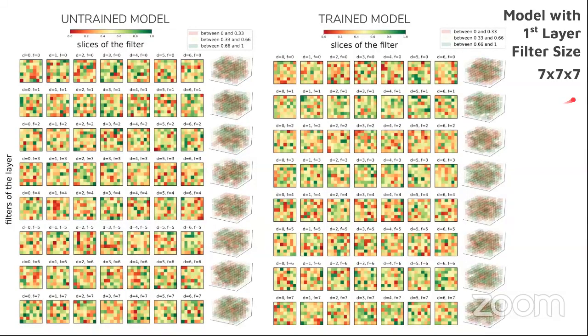So as we can see here, the visualization shows that the trained model has weights that are not random, as we can see from the comparison with the untrained model. However, we still don't recognize clear patterns. Why? As we can see in our next slide,